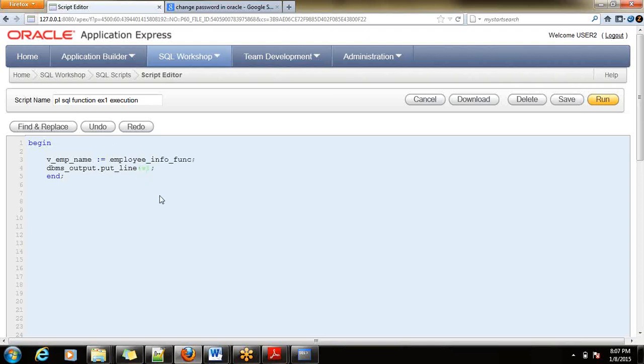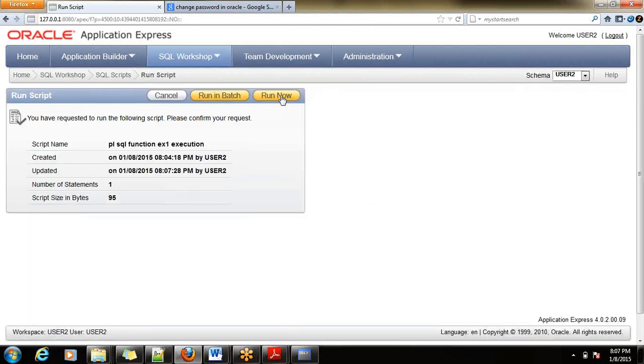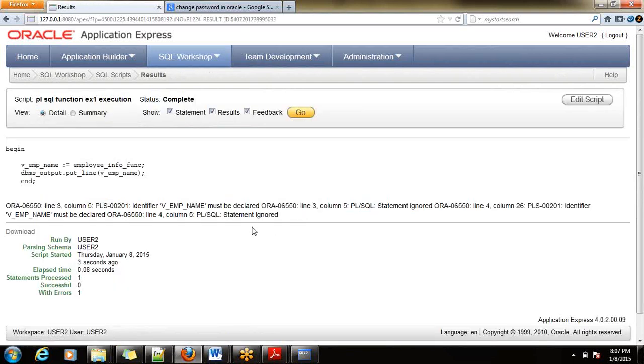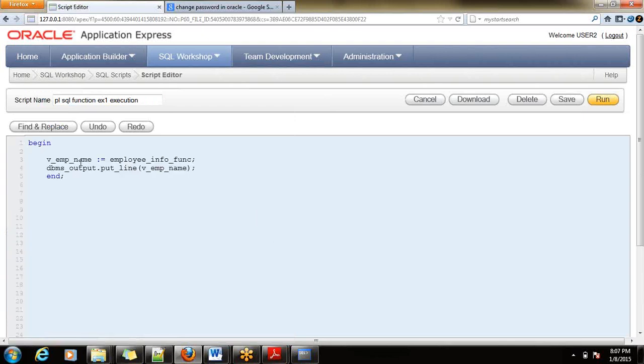And let me display this v underscore employee name. V must be declared. Oh, sorry, it is of numeric, right? I forgot to mention the data type. Sorry, it is not numeric, it is of varchar.